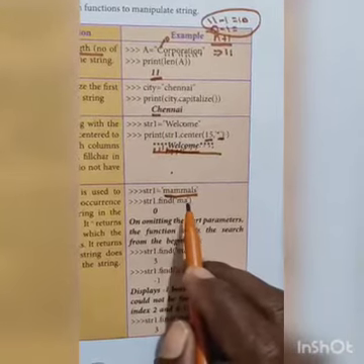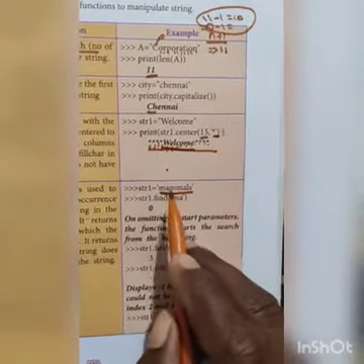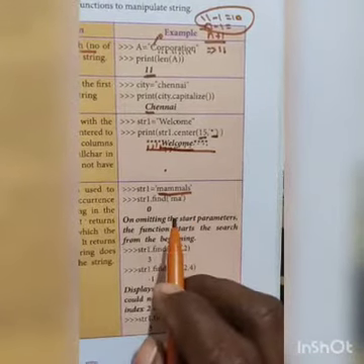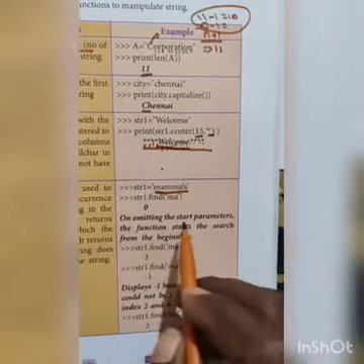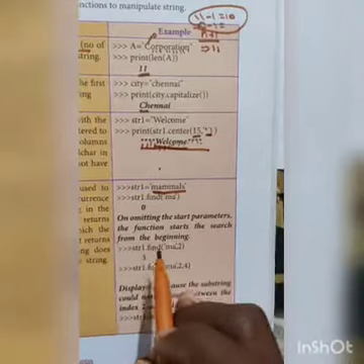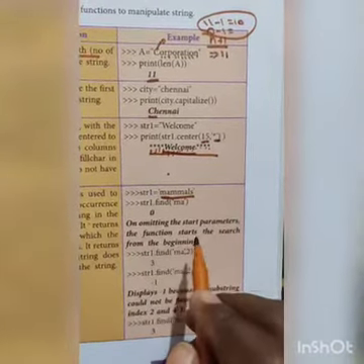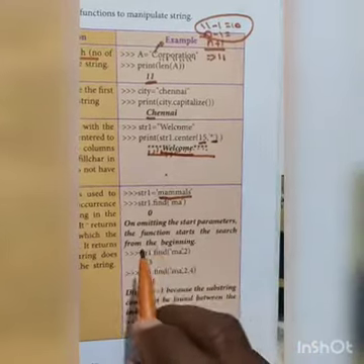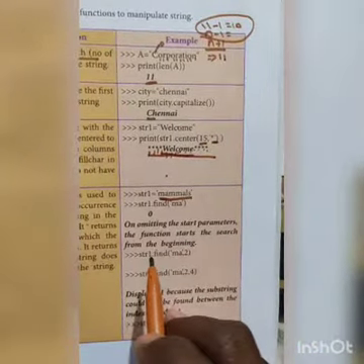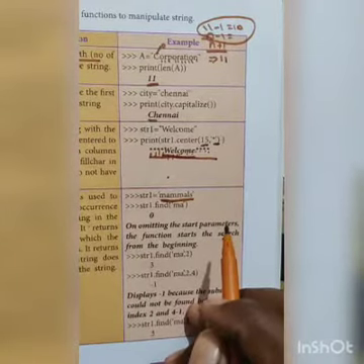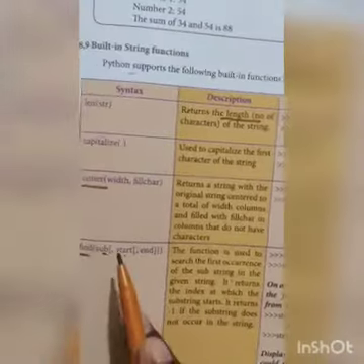It asks whether MA is in the string. So what happens? If the starting parameter is omitted, the function starts the search from the beginning of the string.